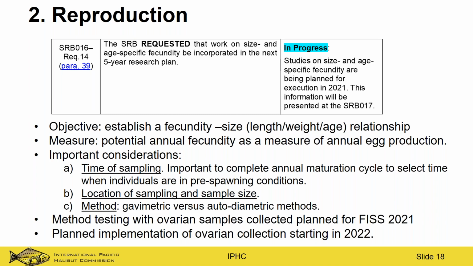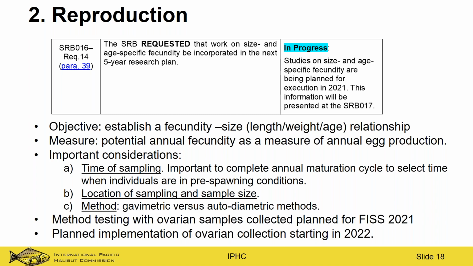Well, another request that the SRB made, and this is really related to the discussions we've been having, is to incorporate size and age-specific fecundity in the next 5-year research plan. And as you saw in the integration slide, fecundity was in there. We have not started these studies. There's quite a bit of planning to do before we address the issue of fecundity at size. Obviously, one of the objectives of this work is to establish that fecundity-size relationship, and to try to determine potential annual fecundity as a measure of annual egg production. But there's a lot of important considerations that need to be